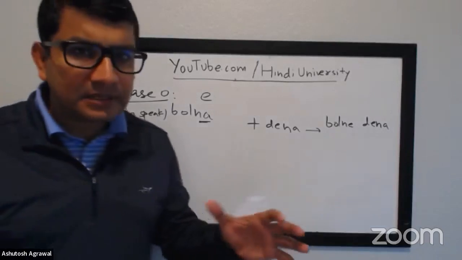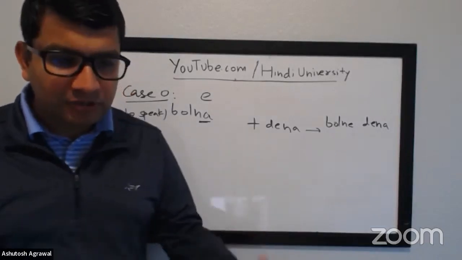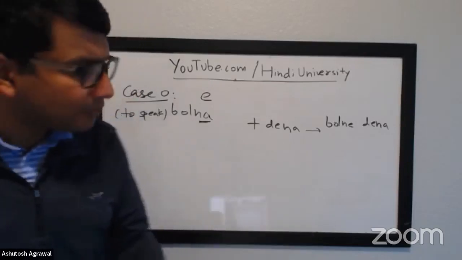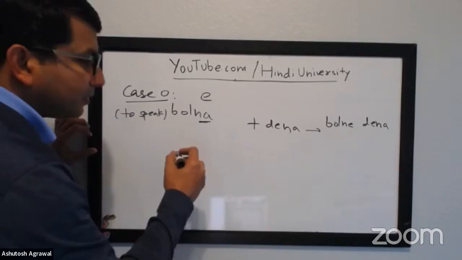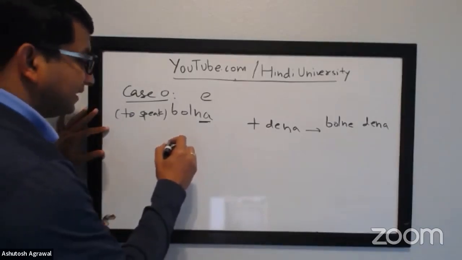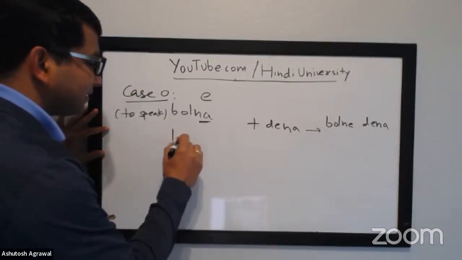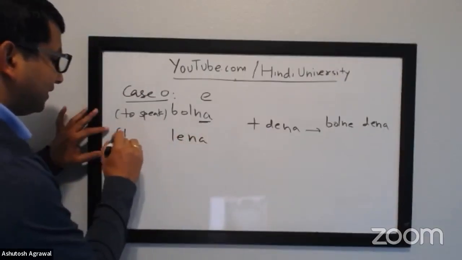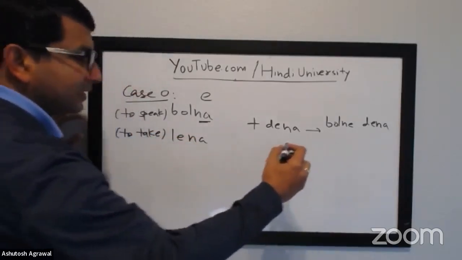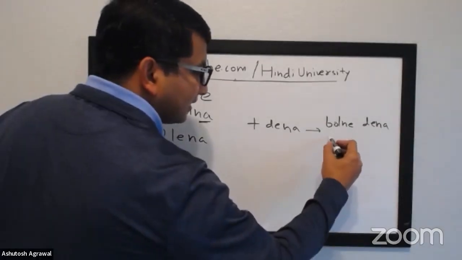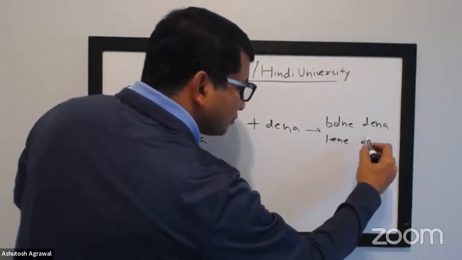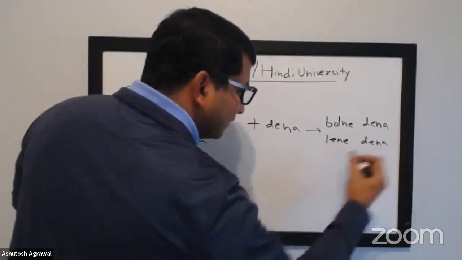Let's not worry about what it means right now. I just want you to get used to this concept of taking one verb and adding dena next to it. Austin ji, you want to unmute yourself? Just take any word. Lena, dena. Very good. Lena is to take. What do you think it will mean when you add dena next to it? To let take. Okay, lene dena. Very good. Right now we're just going to use the infinitive form, which ends with lene dena.